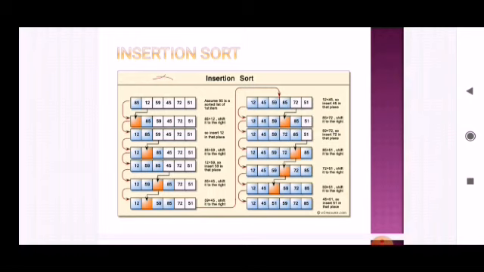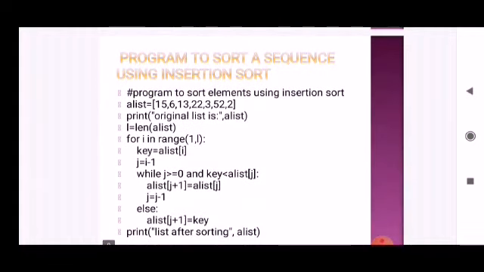Now this is how we do insertion sort, but how will this insertion sort be implemented in a Python program? We see the Python program. We have a list of unsorted elements, and then we print the list. Now calculate the length of the list. Here we do a loop for i in range 1 to L, remember this, we start from 1. We take a key variable as list of i, and j is i minus 1,